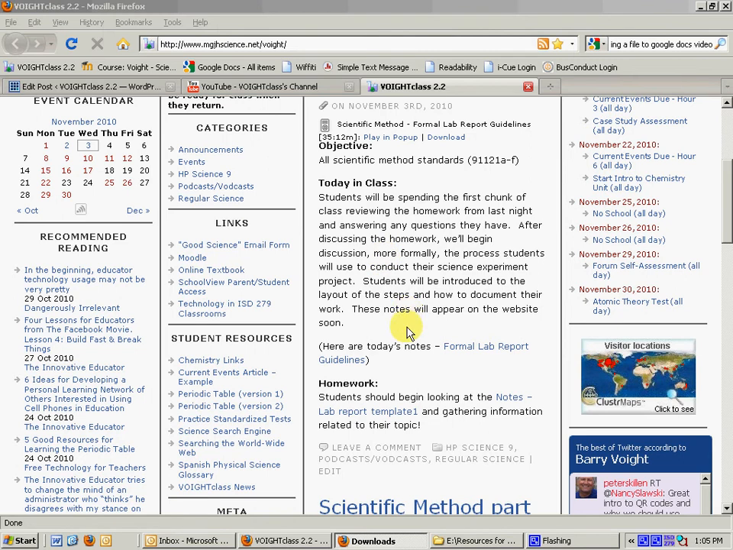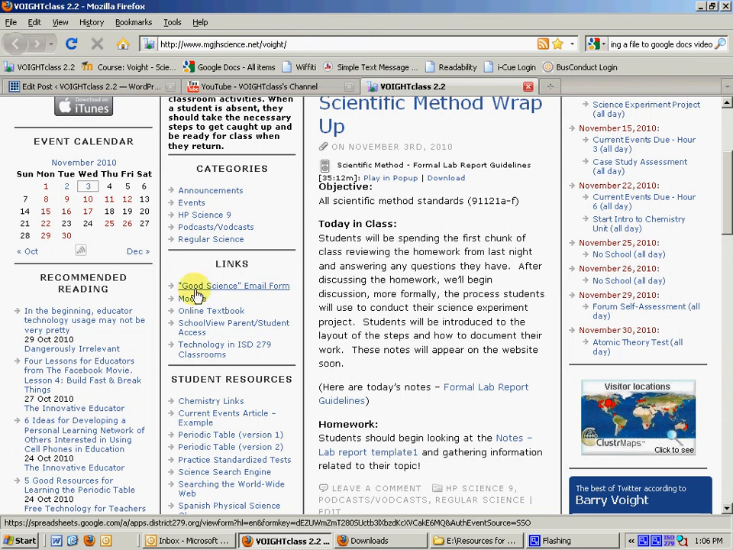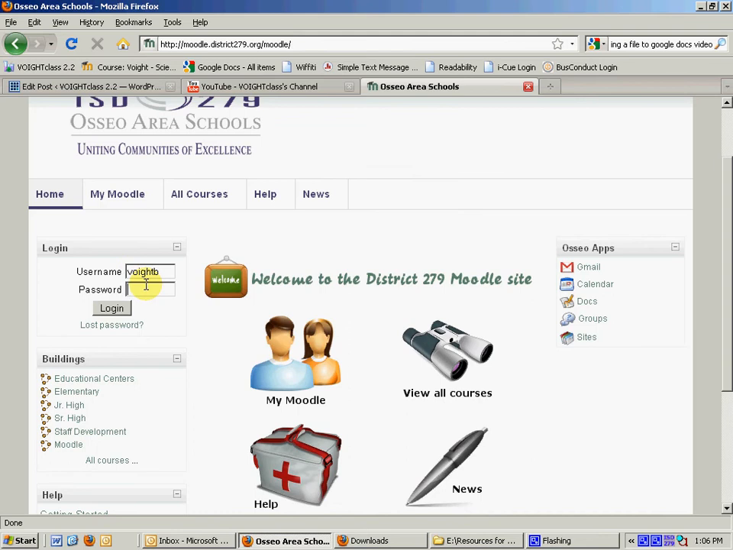Now, after I've opened the file and I've saved the file, I'm going to then go to the links section and click on Moodle. When I click on Moodle, it's going to take me to Voight class on Moodle. I'm going to click on District 279, and when I get to District 279, make sure you log in. Once you log in,